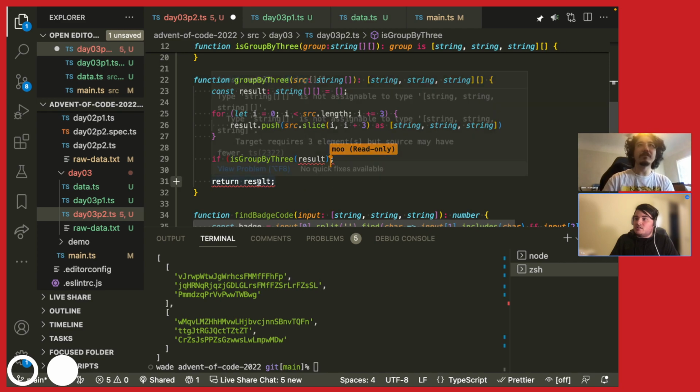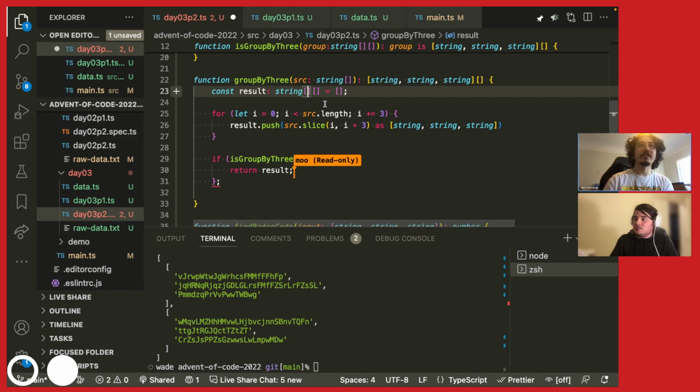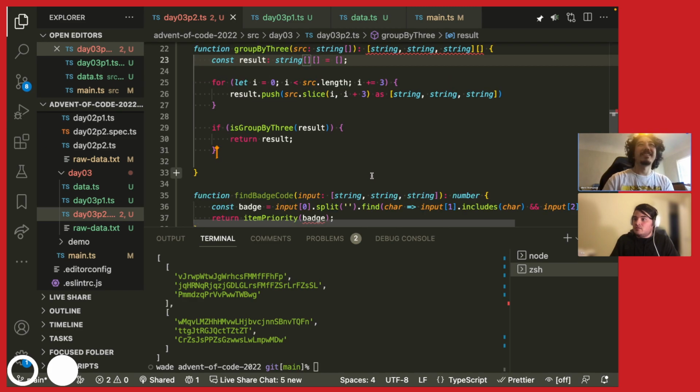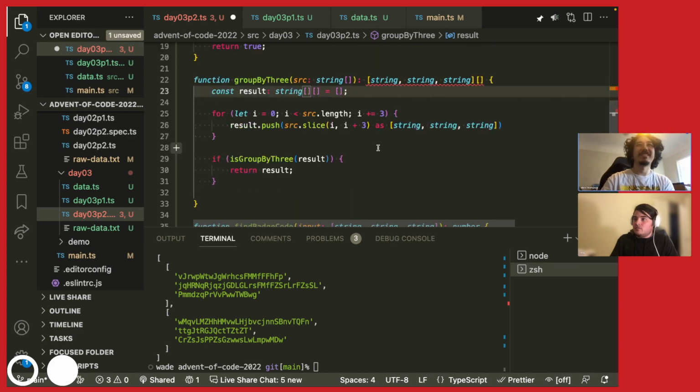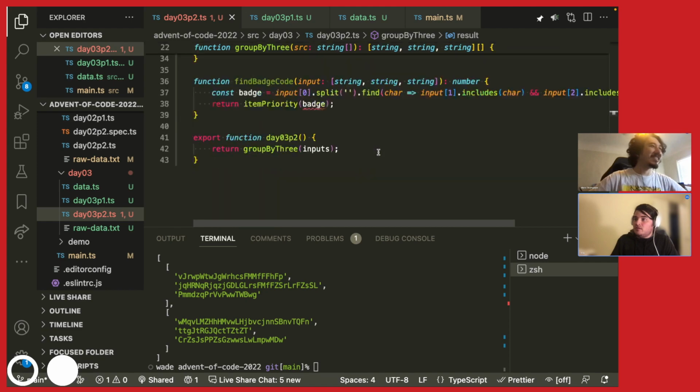Yeah, it should be a string or a string. Oh, I'm just going to change this here. No. Okay, let's do this. And then there we go. Well, now it's not happy because it doesn't always return a value. Cool. Okay, so now